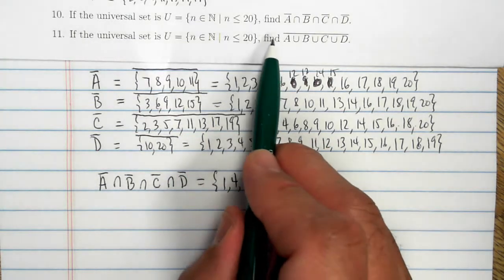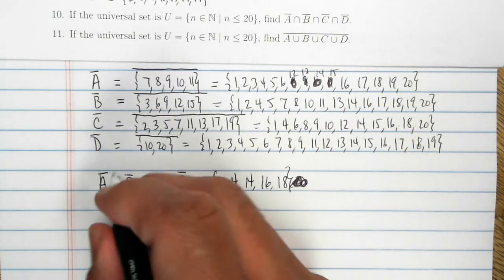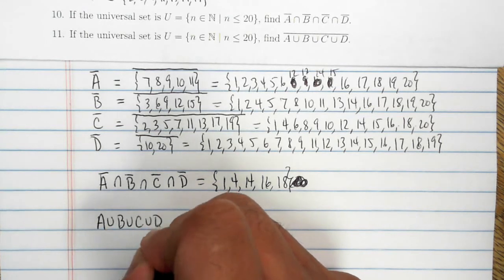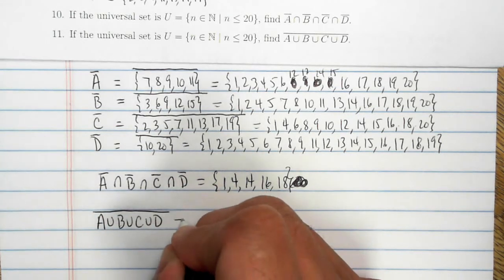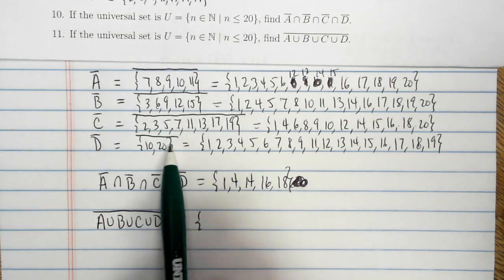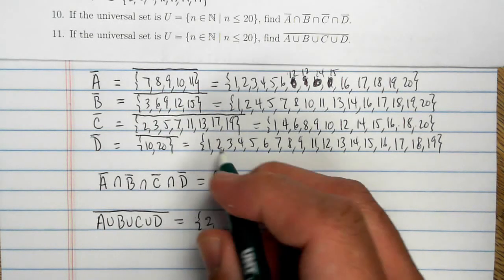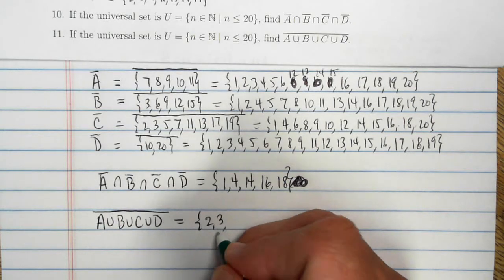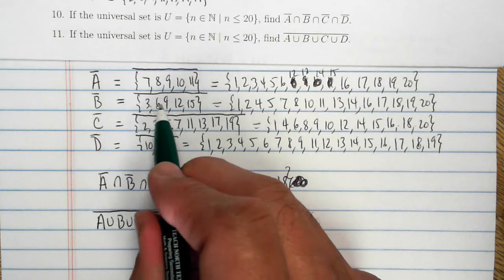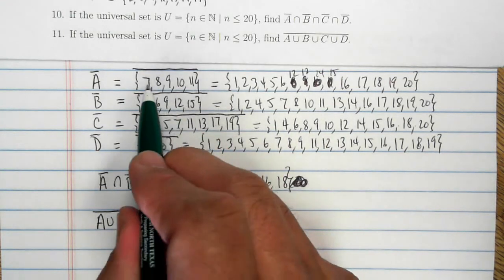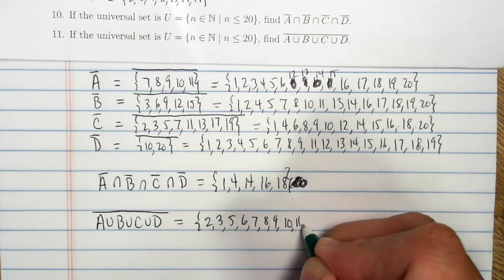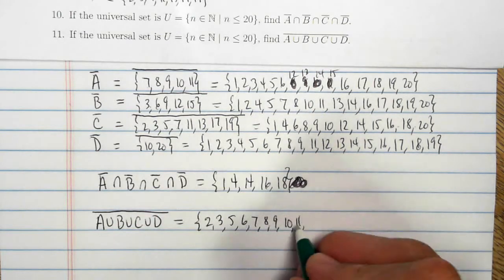Okay, now number 11, find this. So let's figure out A union B union C union D complement. Alright, so here are the numbers. So let's see. 2's in there, 3's in at least one of them, 4's not anywhere, 5 is in at least one of them, 6 is in at least one of them, 7 through 11 are in at least one of them, 12 is in at least one of them,